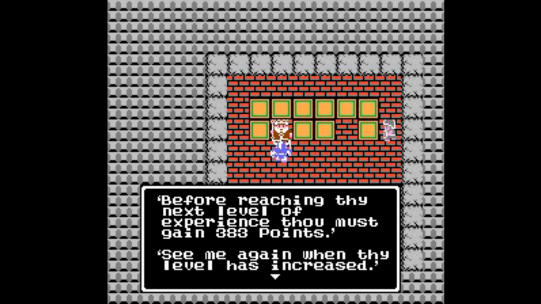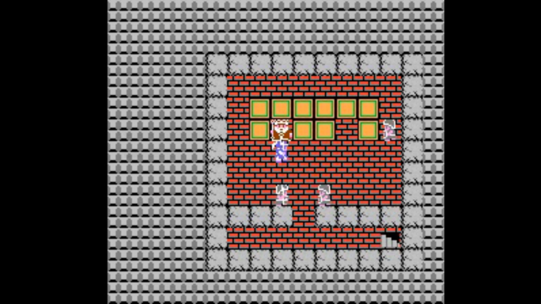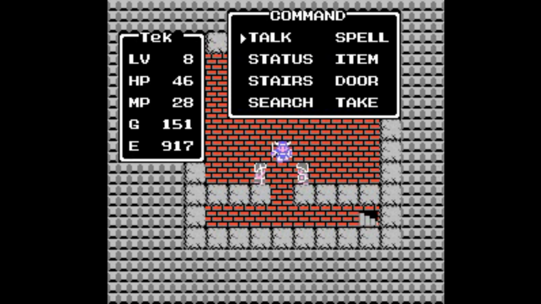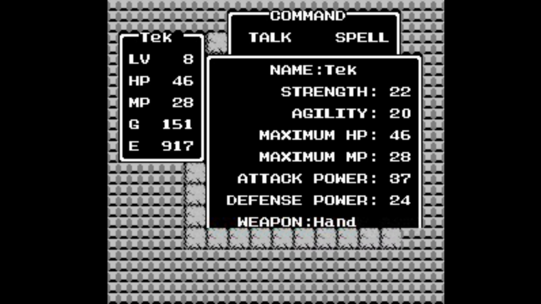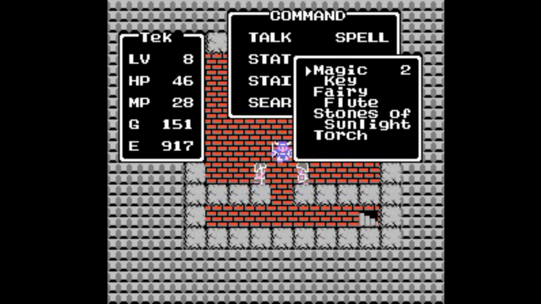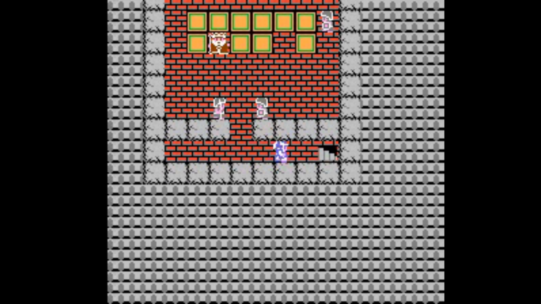So, here we are starting out in Tantagal Castle. We talk to the king. As you can see, I am on level 8. As for my status, I recently got the hand axe and the chainmail. And for items, the minimum required to get this stuff is 2 magic keys and a torch. Now, again, you don't really need a torch, but I don't have Radiant yet, so a torch is the way